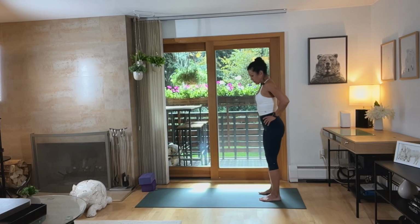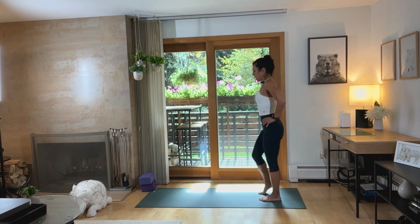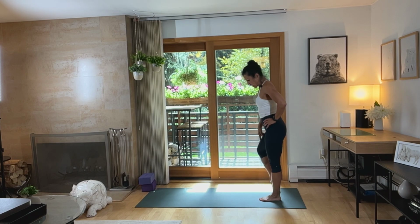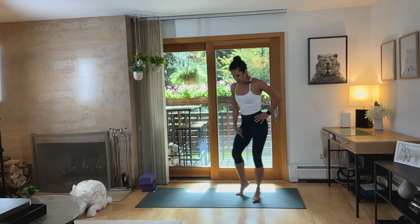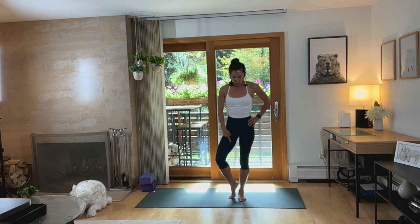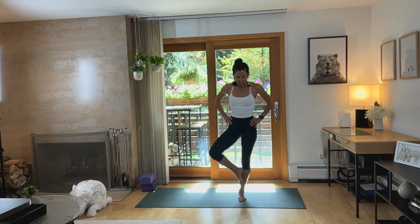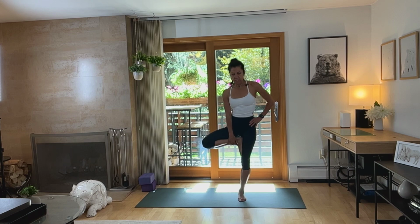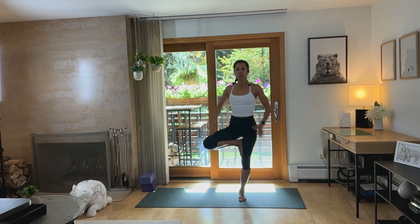And then shift your weight. Your feet are hip width apart. Shift your weight to the left and slowly begin to bend the right knee. Your right heel can go on the inside of the left ankle. Or maybe some of you can bring the foot up even higher so that it's on the inside of the opposite thigh. You can stay here, bring the hands to your heart center, your gaze is forward, or you can raise the arms overhead,